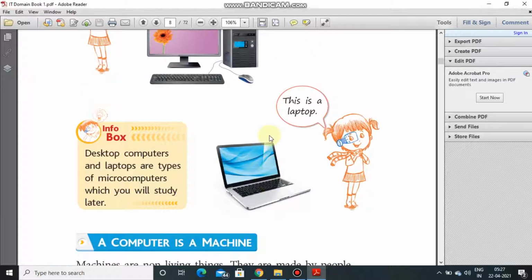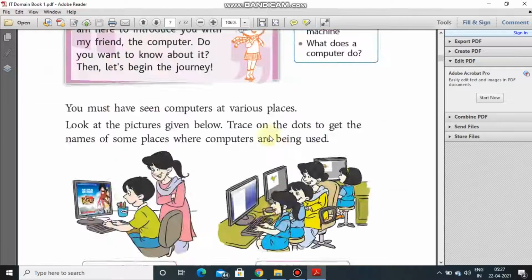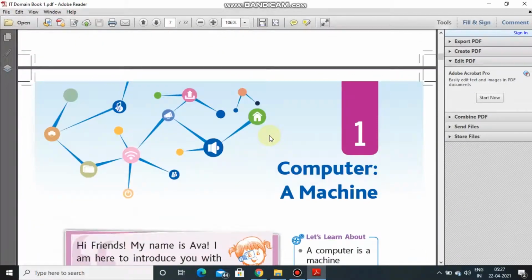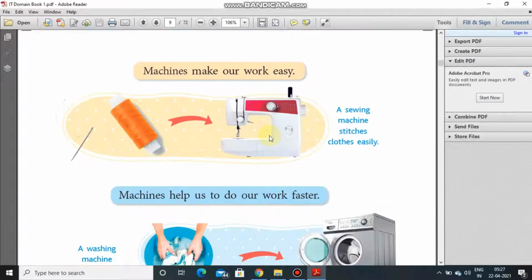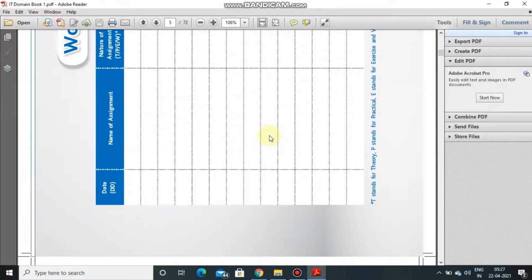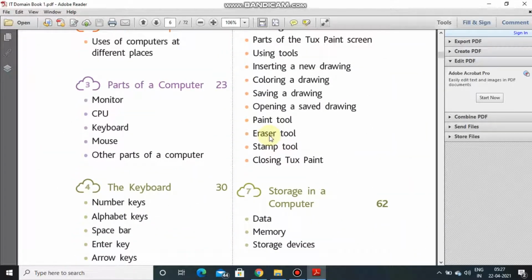We have connected the similar concept with your computer topic. So I hope that the concepts are clear, sorry, the briefing is clear, the introduction to the subject is clear. We would be having some more chapters based on computer and its parts. In the first chapter, we would be learning about what we mean by computer or machine, and what are the advantages, or why we are using computers so much nowadays. The second chapter will be defining the uses of computer.